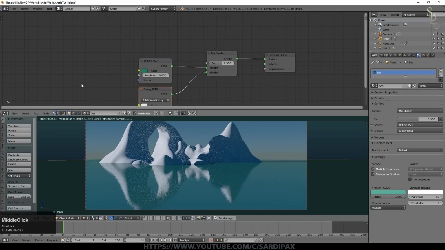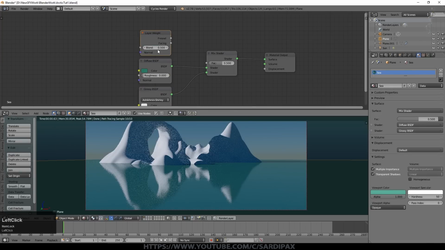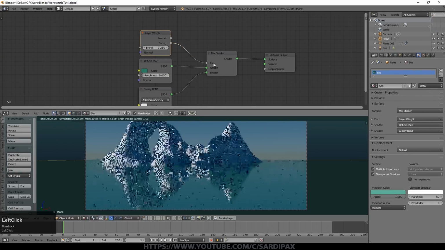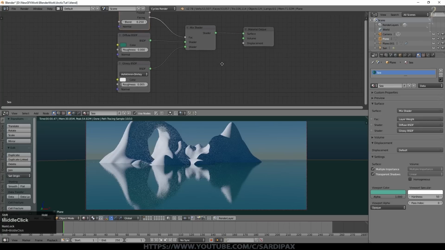Okay, so we've got an input to add, which is a layer weight input. I'm going to set that to 0.25. Take the facing output and put it into the factor. And all that seems to have done is made the sea slightly more reflective at the moment. But of course what it's actually doing is varying the reflectivity based on the angle we're looking at it. However, the whole sea is completely flat right now, so at the moment it doesn't make much difference until we